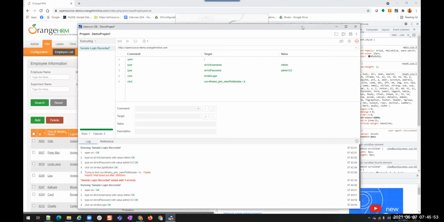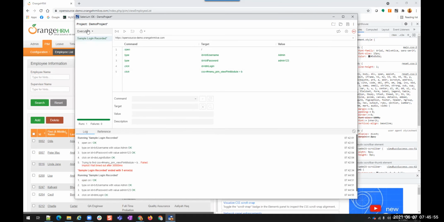Fine. So this is Selenium IDE where we have created our test cases. While executing, it will show this executing window, which one is being executed. But if you want to see the test cases that you created, click on this test. This was the one that I created, sample login recorded script. I did not save it, so that is the reason it is showing a star mark. Once I save it, you don't see the star mark. You see, I pressed Ctrl S and the star mark is gone.